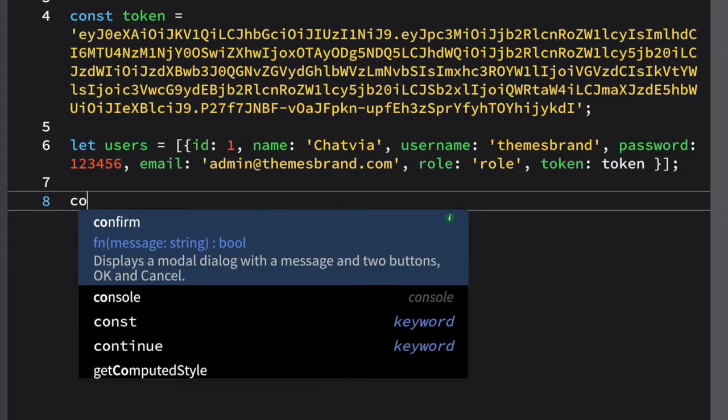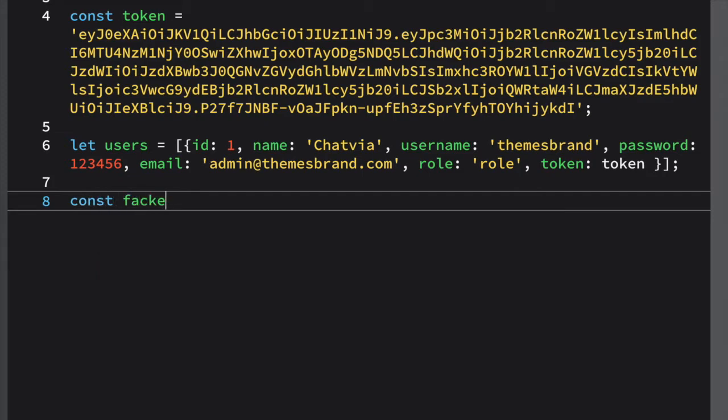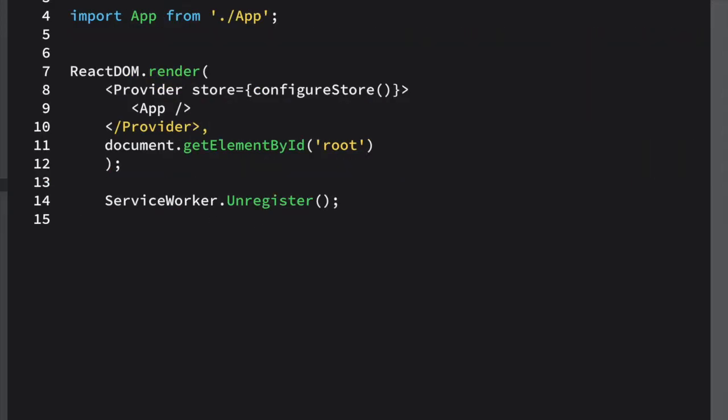After this, friends, I have to declare a const fake backend function. Okay, which we used in the last lecture in our application, let me show you. So here is my index.js file and app.js.